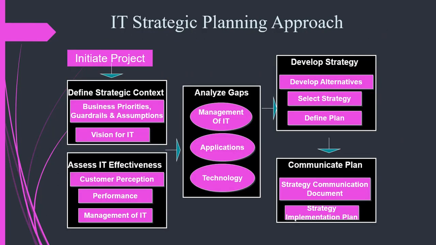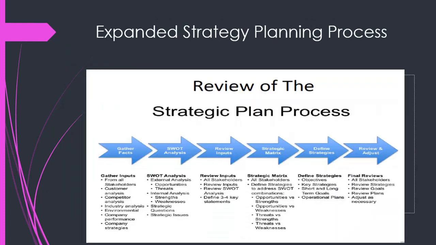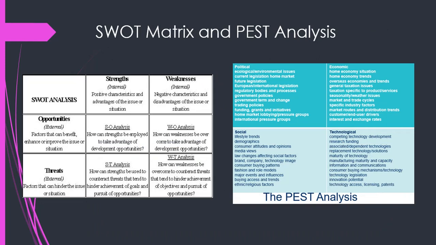So I would want you to really understand this expanded strategy planning process, and also to just use it in context with these two, which can also help you to understand what the strategy planning process is all about. How do you come up with an IT strategy? So as we have said before, we will also look at the SWOT matrix. So the SWOT matrix is basically trying to find